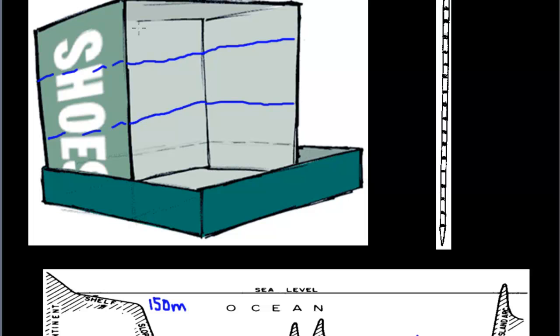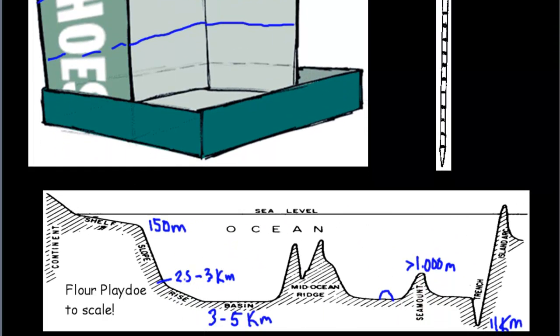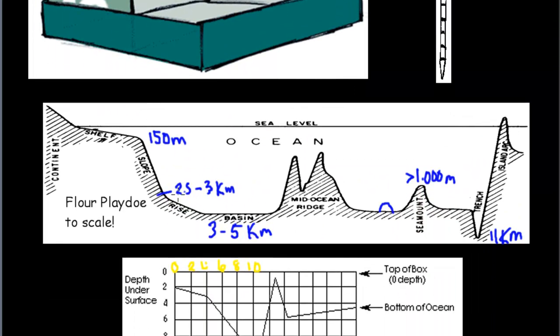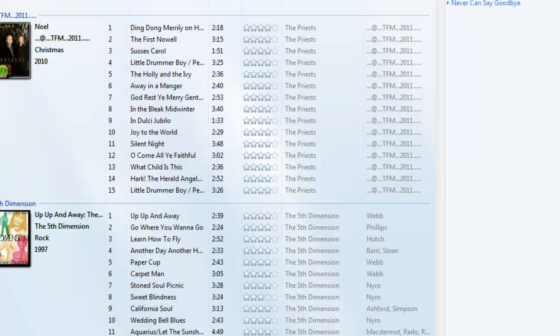I'm going to give you a piece of wax paper to try to keep the cardboard from absorbing all your moisture and then turning into a very sloppy mess. But you're going to try to make a bathymetric profile of an ocean floor, fictitious probably, inside your box. It's a bathymetric map. So, with that being said,